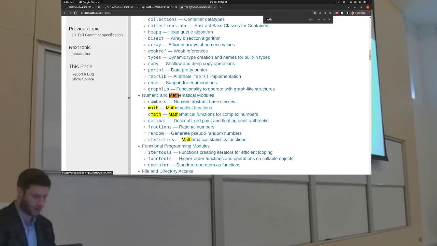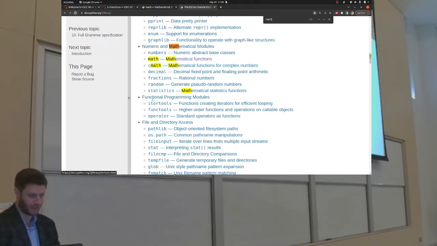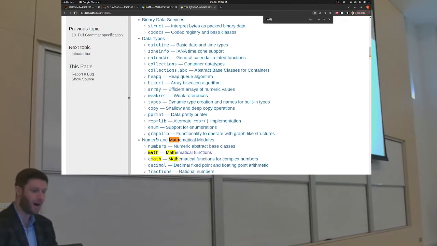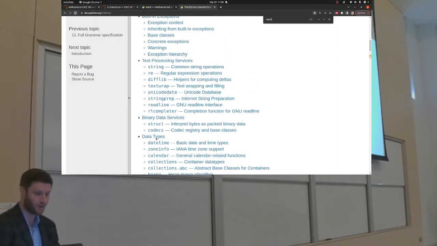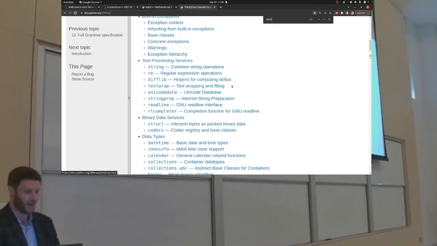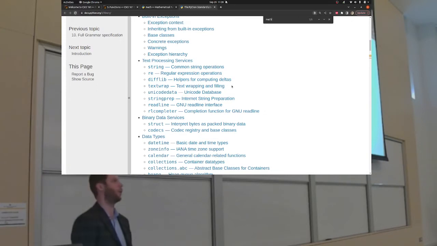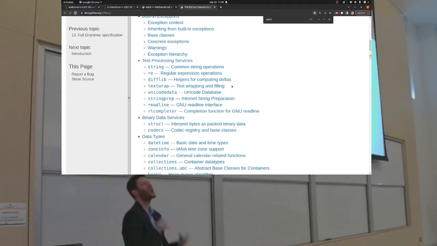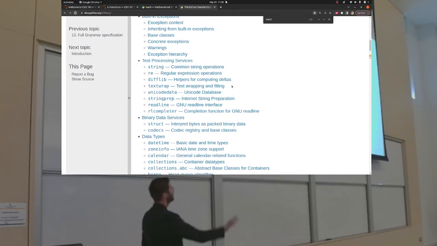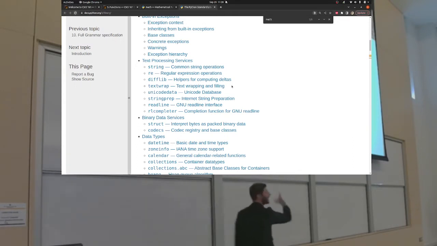So, look, there's a math module, there's the cmath module, there's decimal, fractions, random, statistics, numbers. There are a lot of modules. There's the string one. There are a lot you could import if you really want it. It's great. And it's kind of good to have a general high-level sense of some of what's available in here,